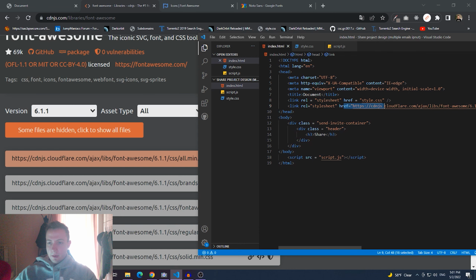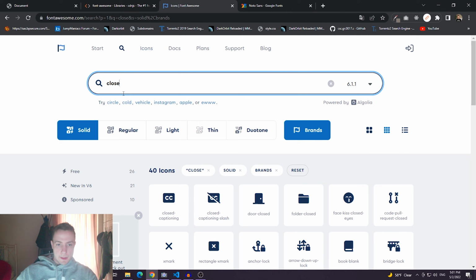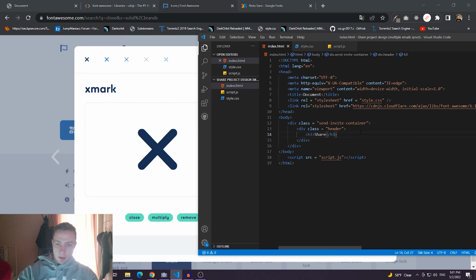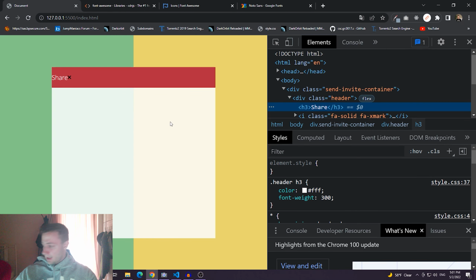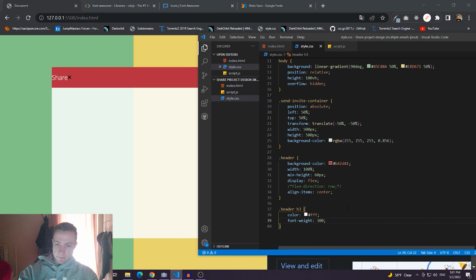So we have the library of FontAwesome, and on the FontAwesome side we're searching for close, and we get the X mark. That's what I want. Start using this icon. We copy the code snippet and we paste it into our header, inside our header actually. So now what I'm going to do is